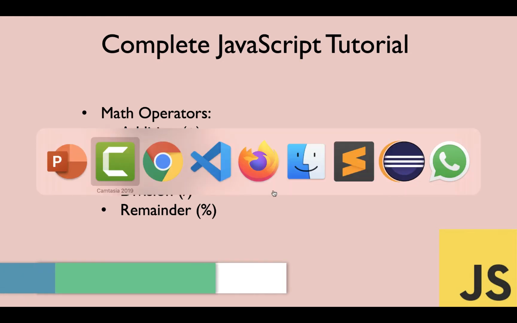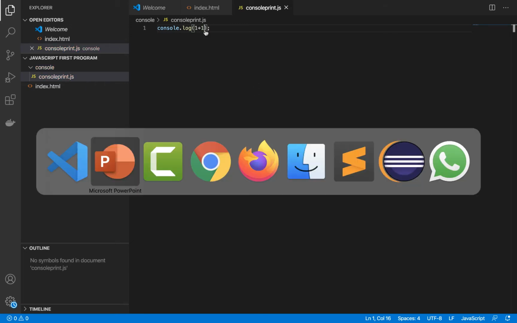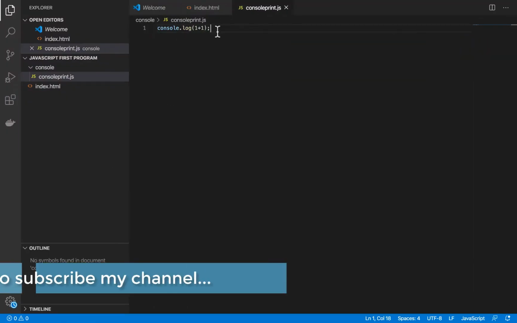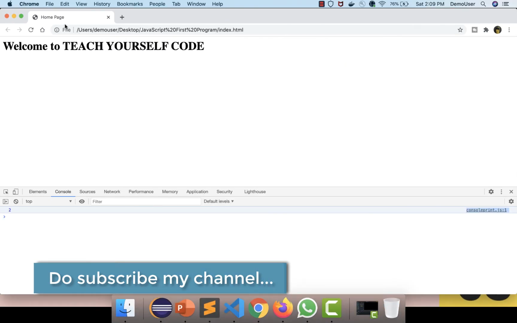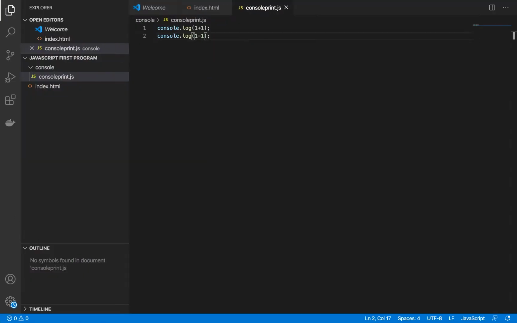So let's start. If I go to my Visual Studio Code and type console.log to see what exactly we are doing here, then for addition, I'll show you how to do it. It's very simple. Just type 1 plus 1, hit save, go to your browser, refresh, and check the console. You can see it's showing 2 as the addition. Same thing you can do with subtraction also. If I do it again, hit save, and refresh the browser, you can see it's showing over here. And the same thing we can do with